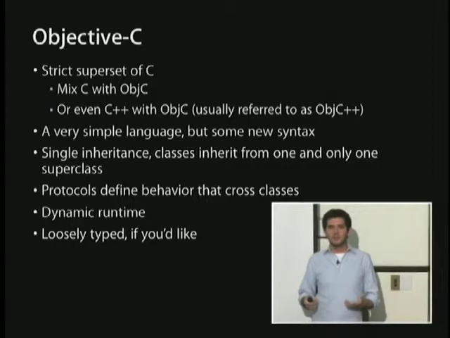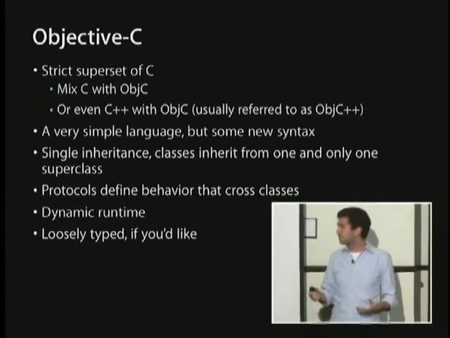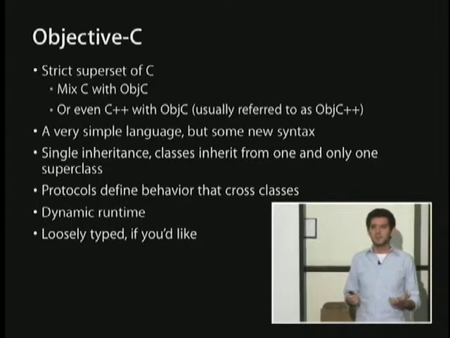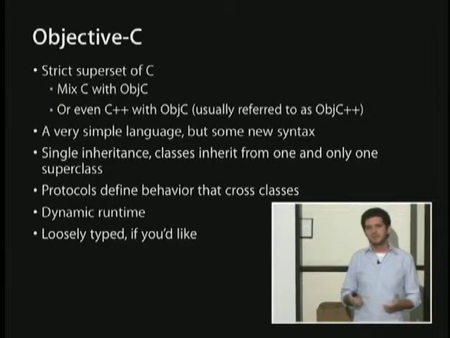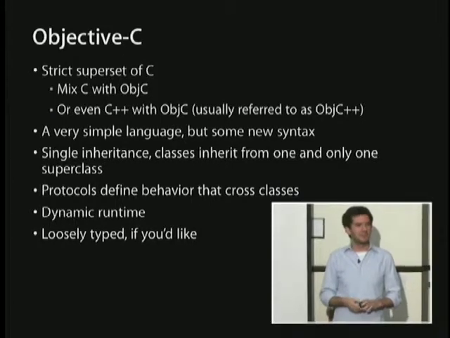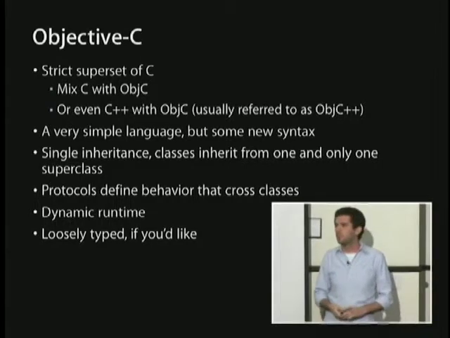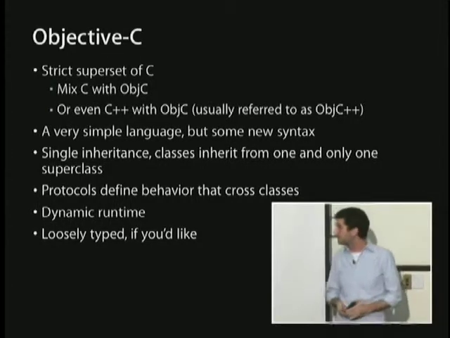The polymorphism stuff we talked about before becomes even more powerful when we start talking about doing it with dynamic runtimes, because you don't even have to know what type of object you have when you start sending it messages. You can just send a message to an object, and, well, you should be pretty sure that that object actually responds to that message, but it doesn't matter what type of object it was, it'll just respond to it and everything will work, even if it's a different object than what you actually thought might be there at compile time.